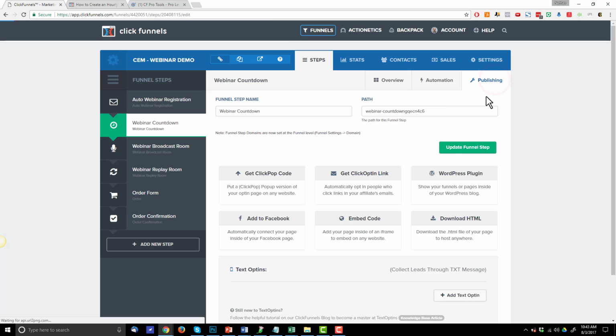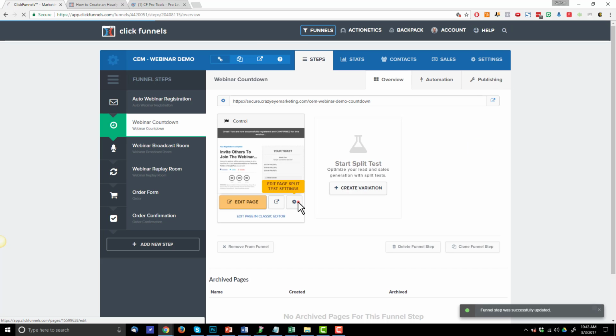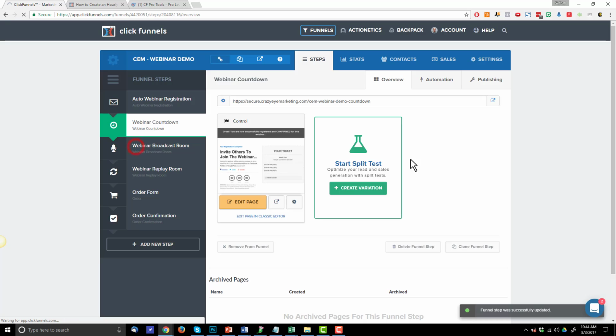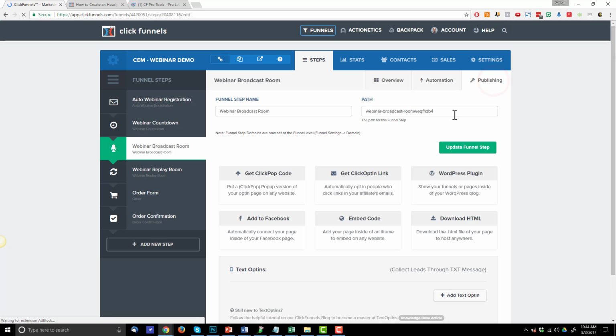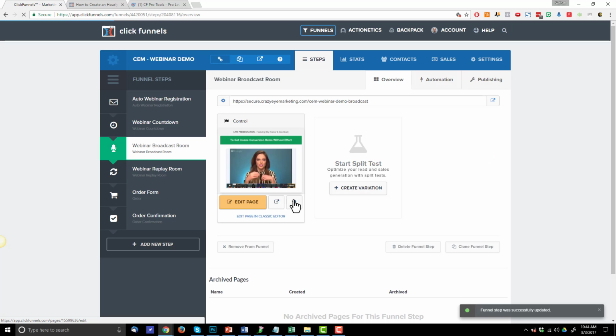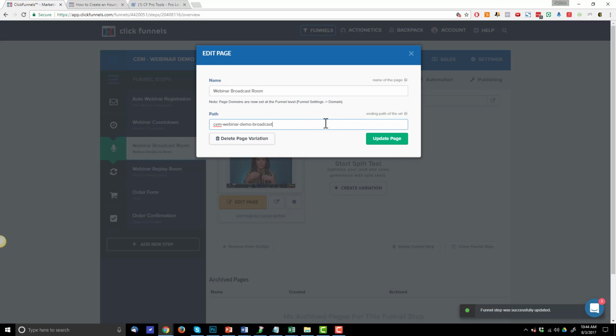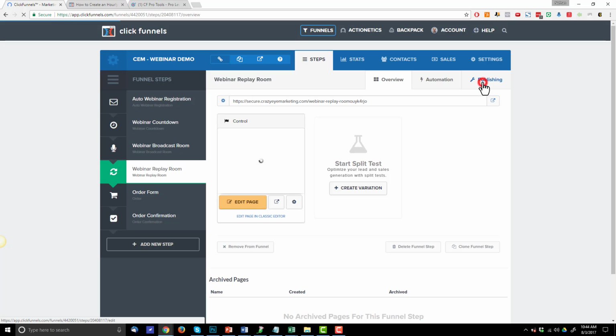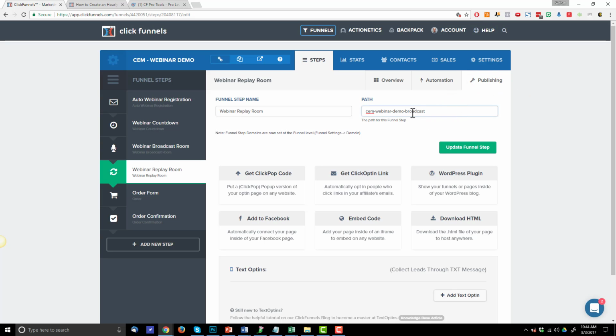So we're on the webinar countdown page, and this will be countdown, update funnel step, and then our variation -A. Now broadcast room, publishing, go broadcast, update funnel step, and our gear icon here, broadcast A. Now webinar replay room, publishing, replay,